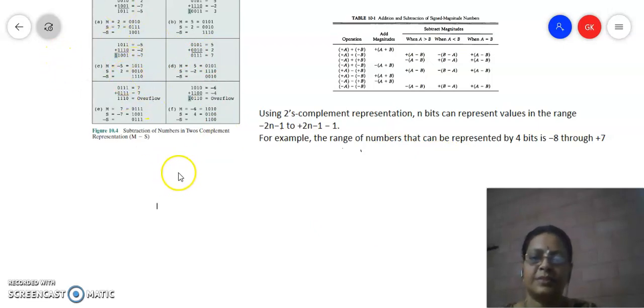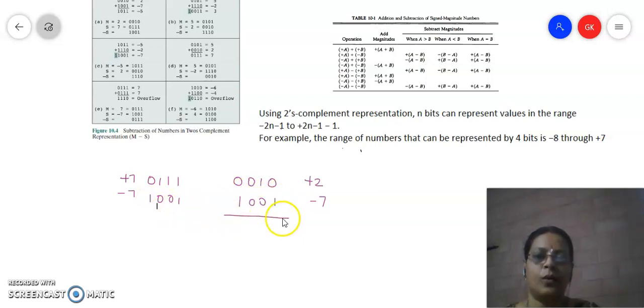The first problem: 2 is represented as 0 0 1 0. So this is nothing but plus 2. Then the minus 7 is going to be represented as a negative number. The negative number is represented in 2's complement representation. So the 2's complement representation of minus 7 starts from plus 7, which is 0 1 1 1. For minus 7, how will we write the 2's complement number? It is going to be 1 0 0 1. So you will write 1001.